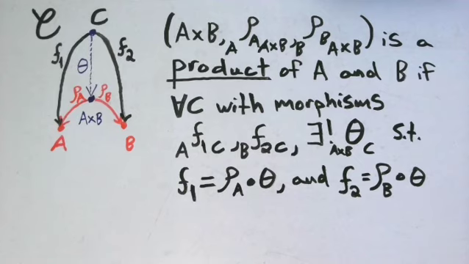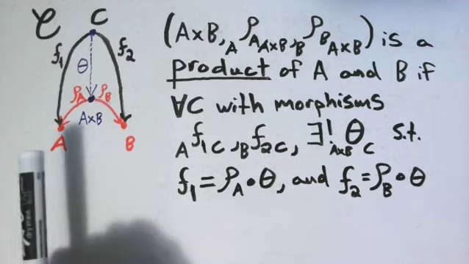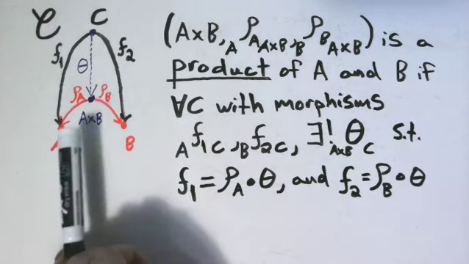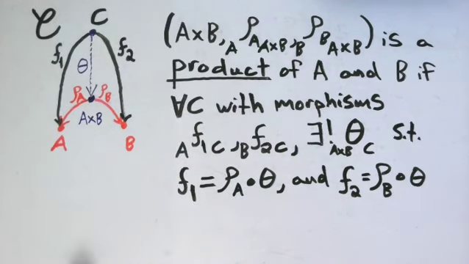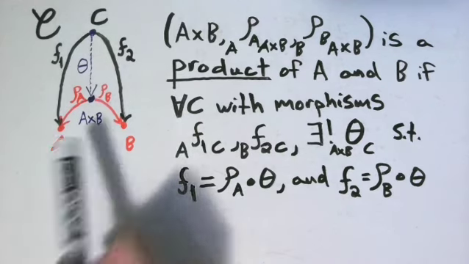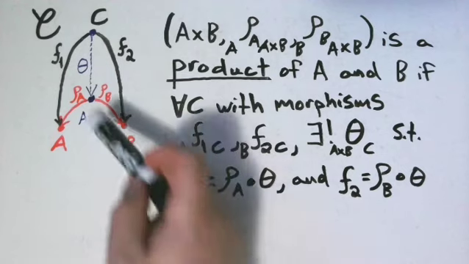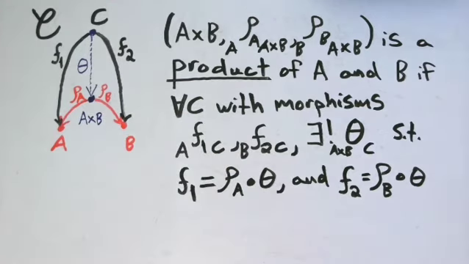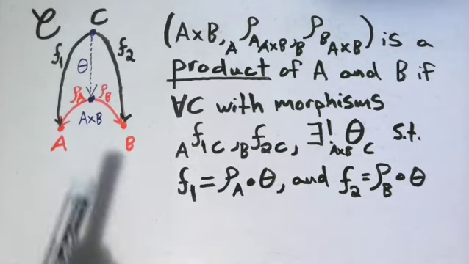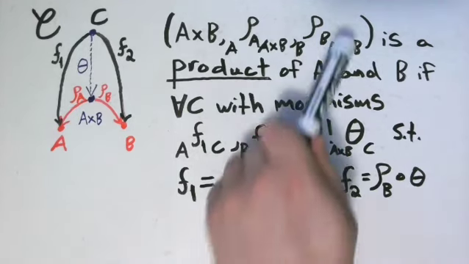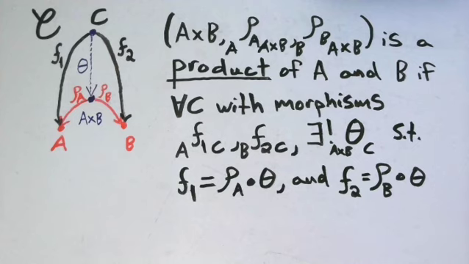So you can see here that we have our objects A and B. We have our object in the category C, A cross B, and then we have our two projection morphisms, rho A and rho B. If you have a triple of this kind, where rho A goes from A cross B into A, and rho B goes from A cross B into B,